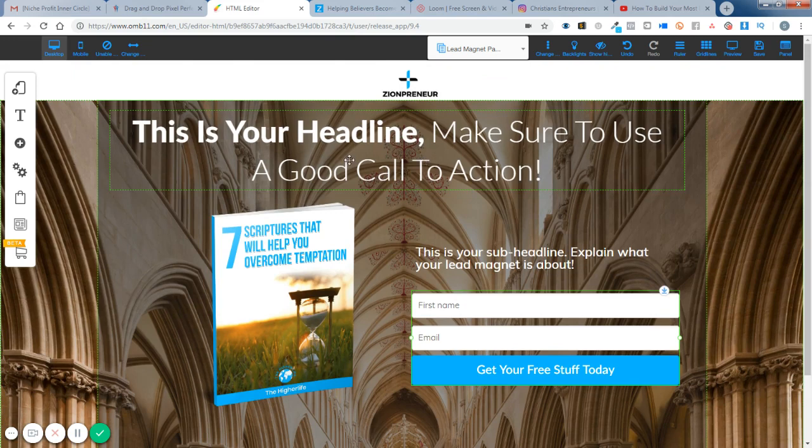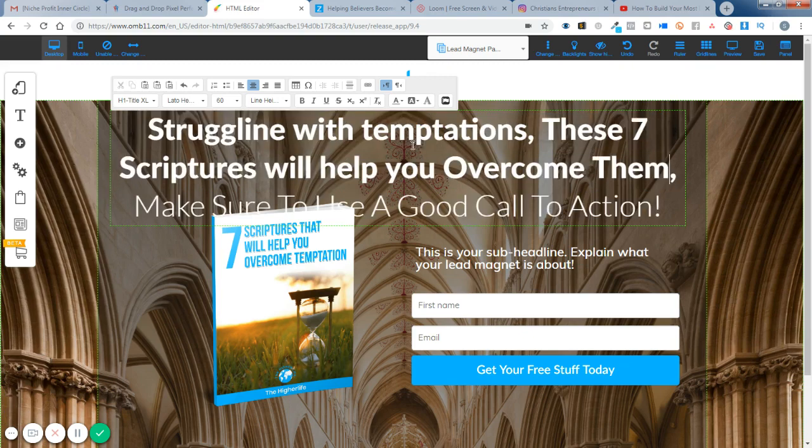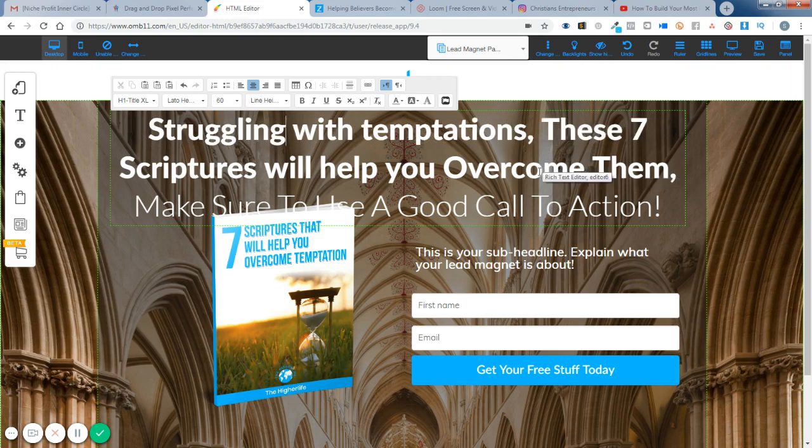So the next thing we want to do is to change the call to action. So we want to put something here that can give them a reason to go ahead and give us their email. So what we want to do is struggling, S-T-R-U-G-G-L-I-N-G, struggling with temptation. You can have struggling with temptation. Let's do